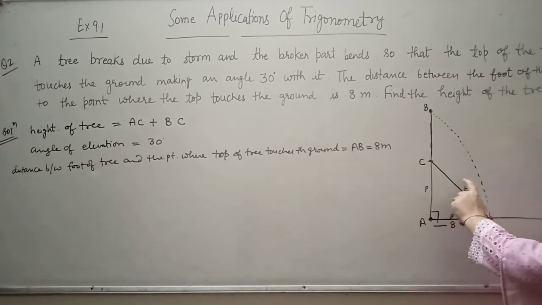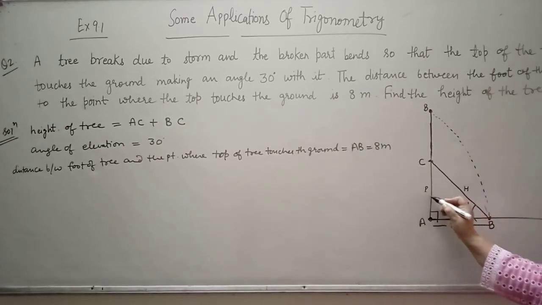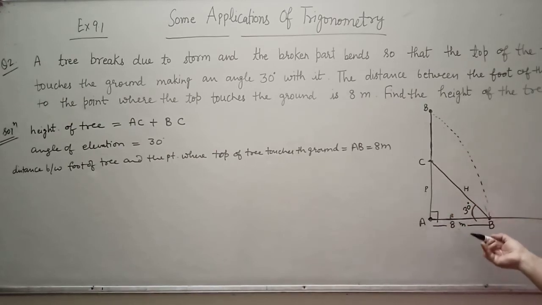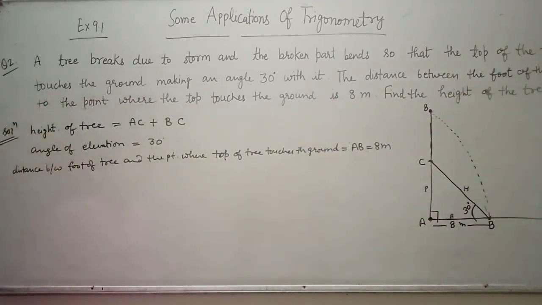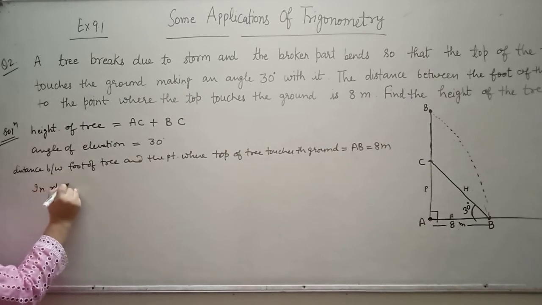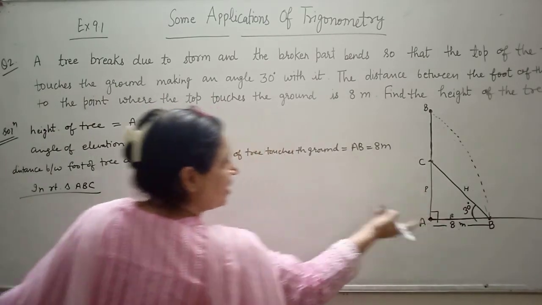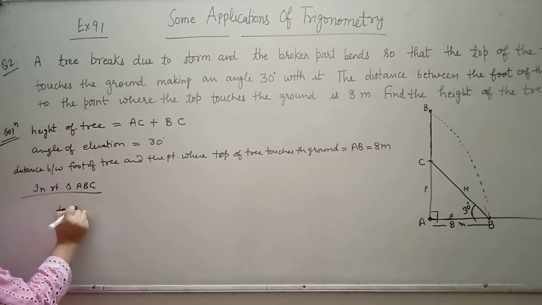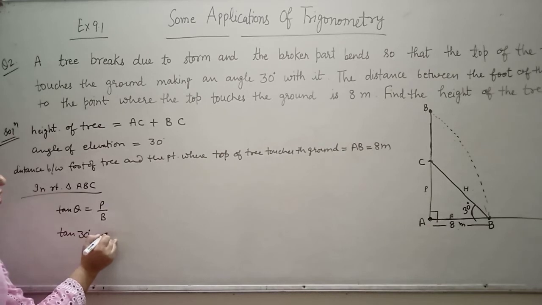तो आपको परपेंडिकुलर भी निकालना है और हाइपोटेन्यूज भी निकालना है, तो हम दो बारी रेशियोस ले लेंगे, एक बारी परपेंडिकुलर एंड बेस में रिलेशन निकालना है और एक बारी बेस एंड हाइपोटेन्यूज में रिलेशन निकालना है। इसका मतलब तो हम सबसे पहले लेते हैं in right triangle ABC, परपेंडिकुलर एंड बेस। So this is tan 30 degree or tan theta. tan theta is equal to perpendicular upon base. So tan 30 degree, perpendicular is AC, we are to find out, and base is 8.